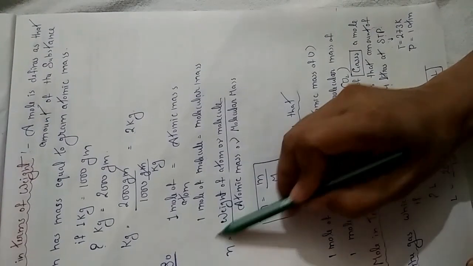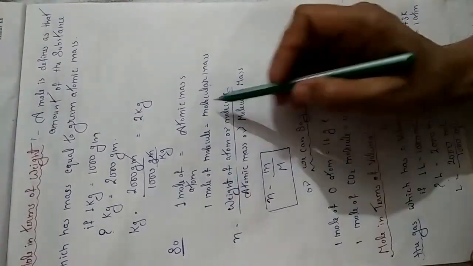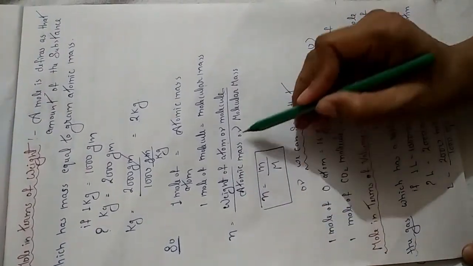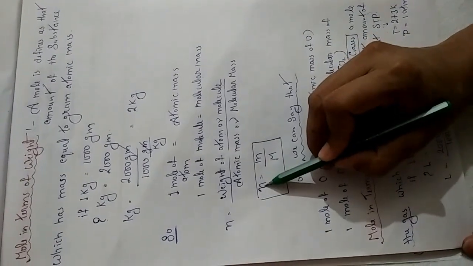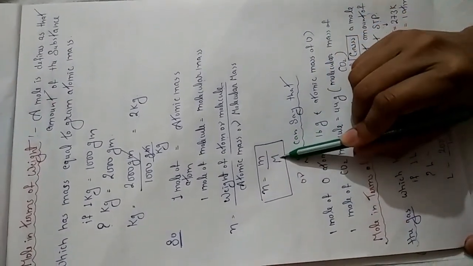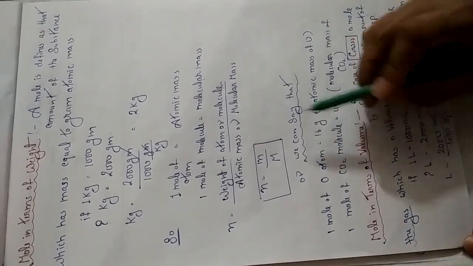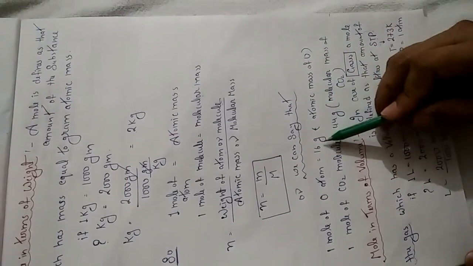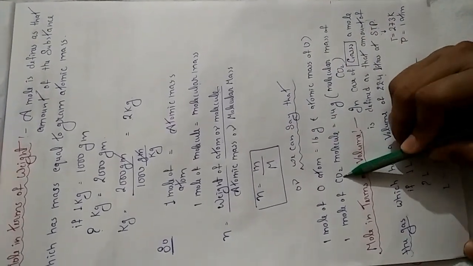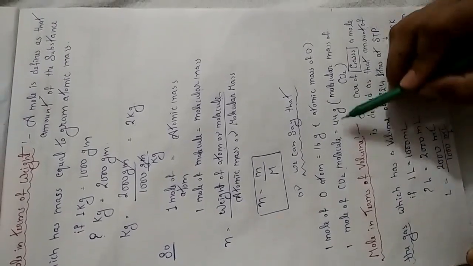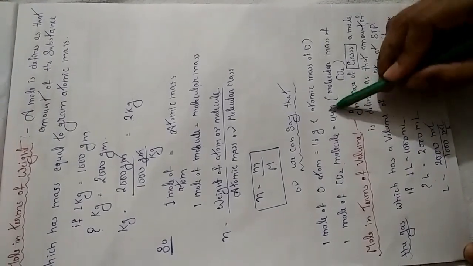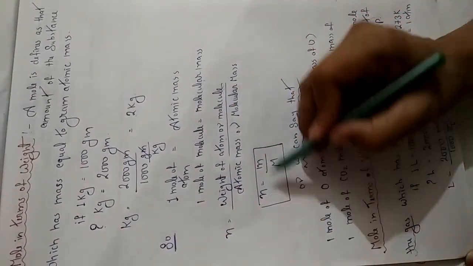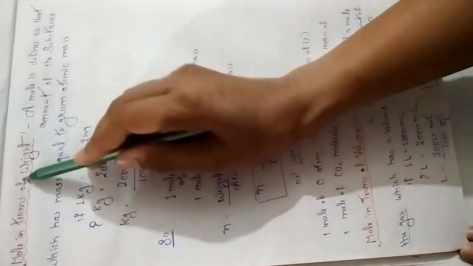So in n moles, how much will it be? Whatever be the weight of atom or molecule, divide by the reference. Reference means atomic mass or molecular mass. So the formula will be n equals mass upon molecular mass. Clear? We can say in another way also that 1 mole of oxygen atom equals 16 gram, which is the atomic mass of oxygen. And if I talk about a molecule, 1 mole of CO2 molecule equals 44 gram, and 44 gram is the molecular mass of CO2. Clear? So this is the formula n equals mass upon molar mass. It means mole in terms of weight.